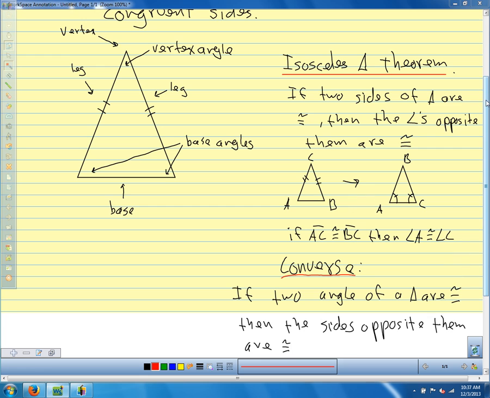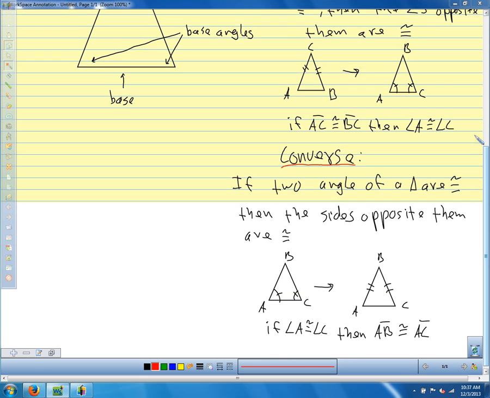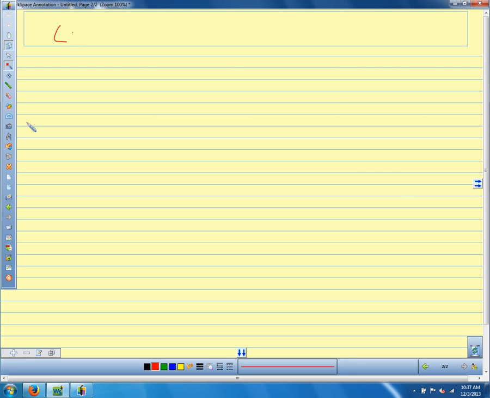All right, so we're going to talk about a corollary, and I think we've had a few of these before. Corollary just means, when you see that word, that it's a theorem that comes really easily from something that we've already learned. We're going to talk about a corollary to the isosceles triangle theorem. A corollary just says that if a line bisects the vertex angle of an isosceles triangle,